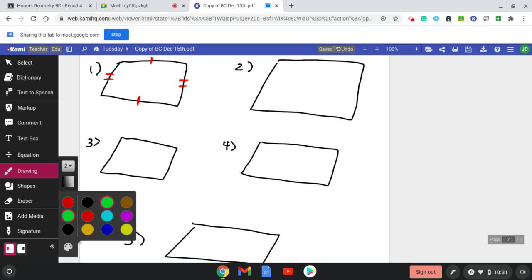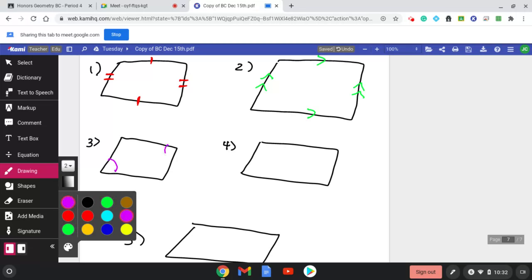Way number 2, instead of showing those opposite sides are congruent, show those opposite sides are parallel. Do you guys notice I'm just showing one of the properties exists? That's all I'm doing. I gave you all those properties a couple days ago on Friday, making sure they exist. So opposite sides congruent, opposite sides parallel. Next one,